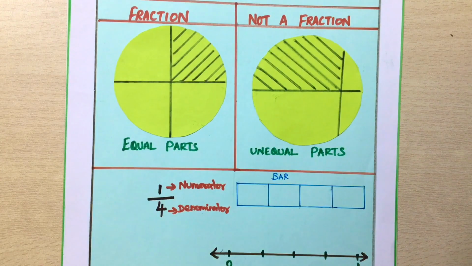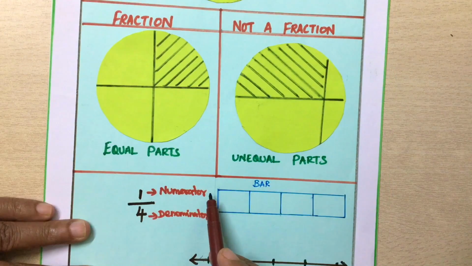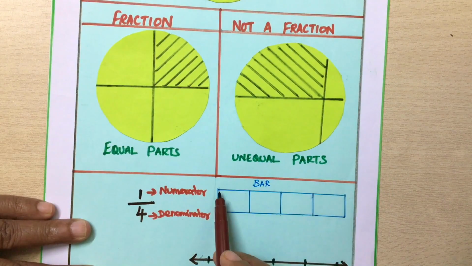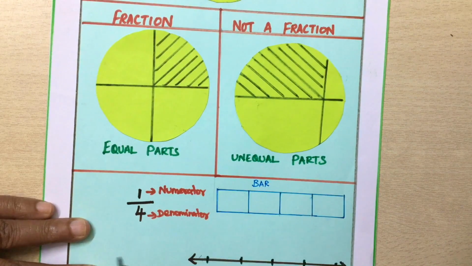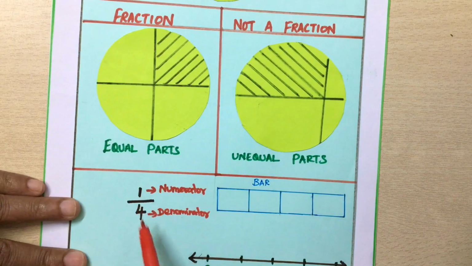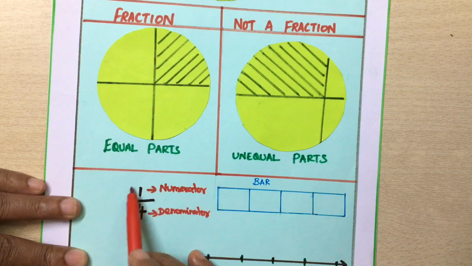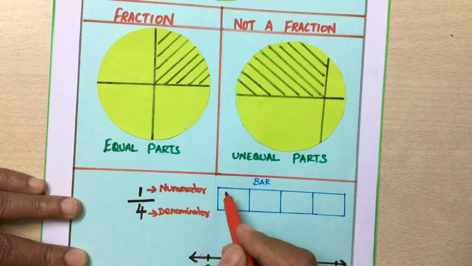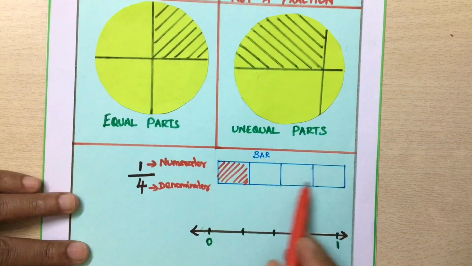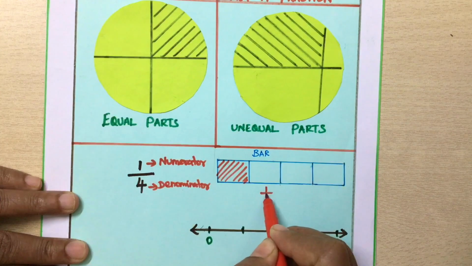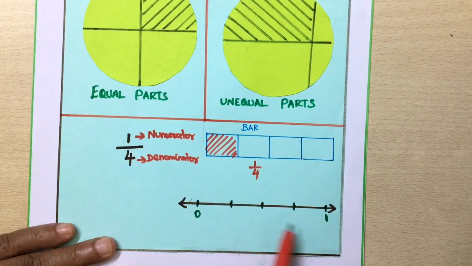Okay, now the same whole part which I have represented in a circle can be mentioned like this, like a bar. As you can see, this is an entire bar which I have divided into 4 equal parts. Here now 1 by 4 is, always remember 4 is equal parts and 1 is the part which we need or which should be shaded. Here in this case, let us shade this. So this is called as 1 by 4. This representation is very important as you will be learning more about this in future.